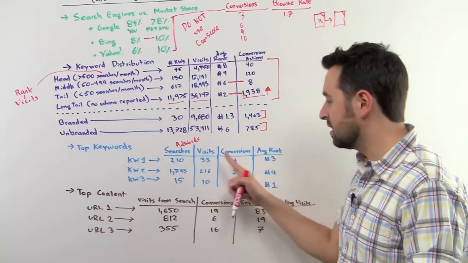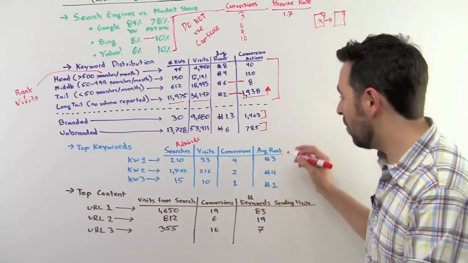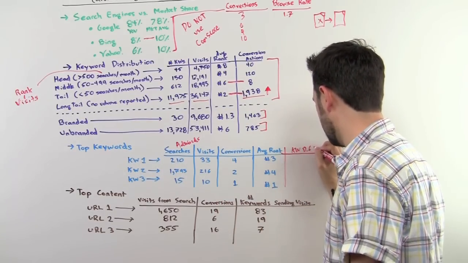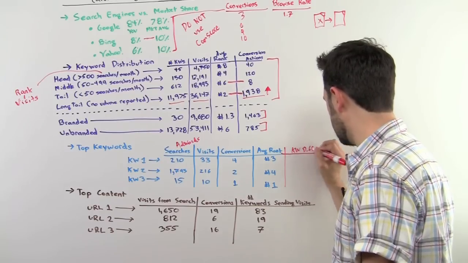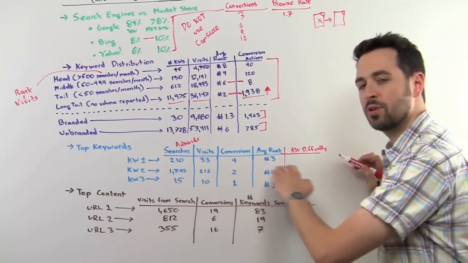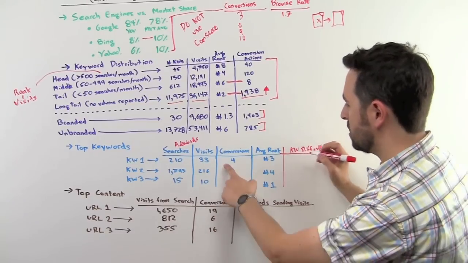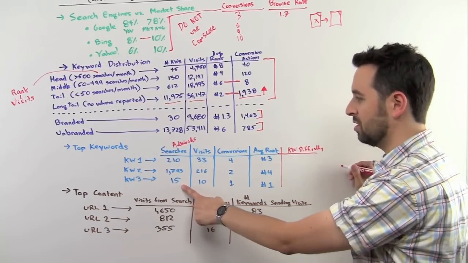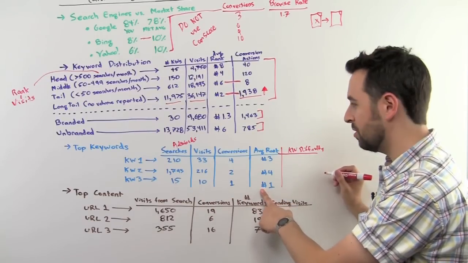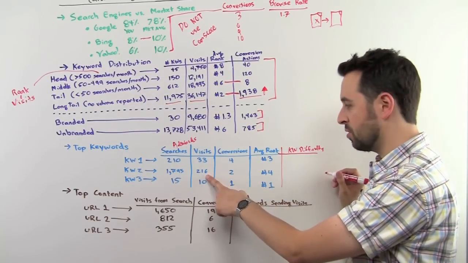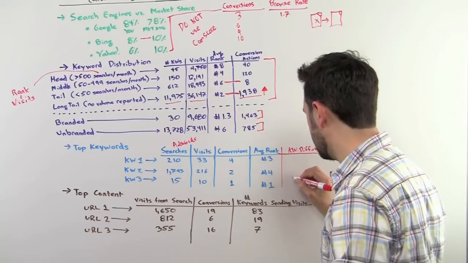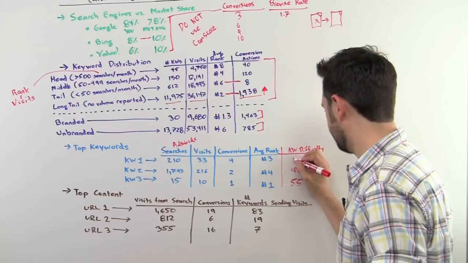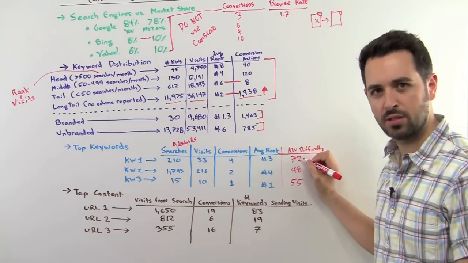I might look at visits, conversions, average rank, and if you want, I would add one more here, keyword difficulty. I like adding that and looking at it, and the reason is I can really get a sense of which keywords are going to be easiest for me. So if I see this keyword has got 4 conversions, 2 conversions, 1 conversion, but if I see something like, oh, there's only 15 searches, I'm ranking number 1, there's not a lot of opportunity there. But I see here, well, I got a 1% conversion rate. If I work on conversion here, and let's say the difficulty, this is 55 and this is 48 and this is 72, right? So 72, oh, that's going to be super hard.